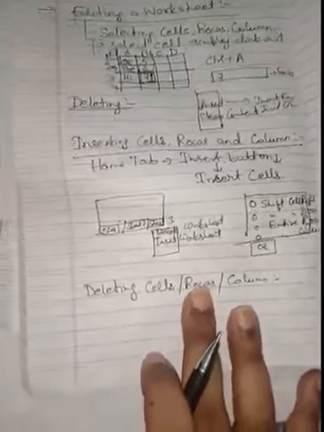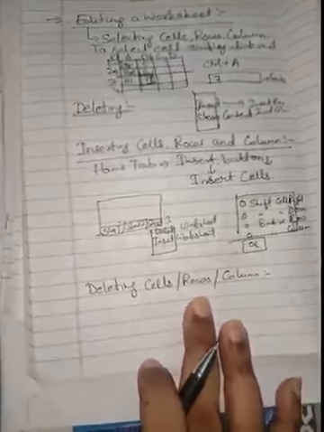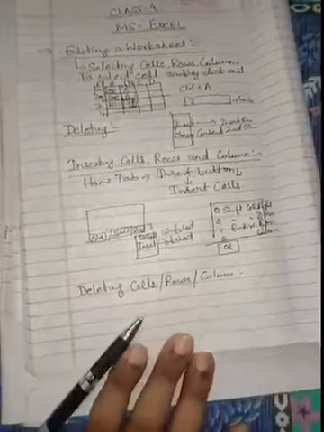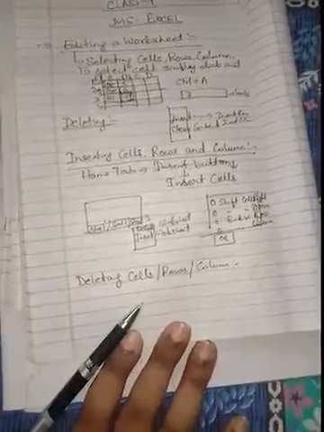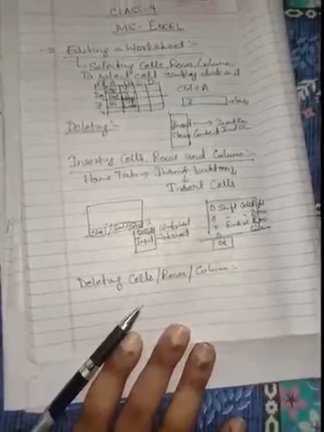Whenever we are editing our worksheet, we would like to delete the unnecessary rows, columns, etc. Deleting a cell differs from deleting the content of the cell. When we delete the content of a cell, the cell remains there, but its contents only get erased. But when we delete the cell, it is removed along with its content.